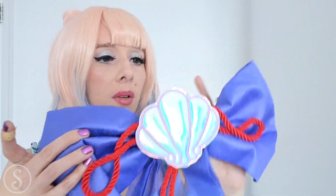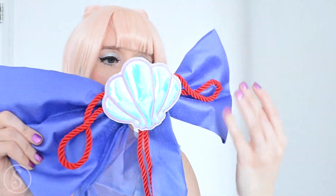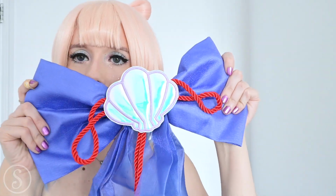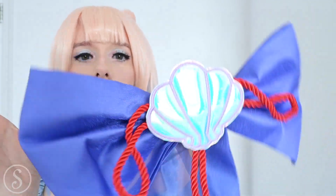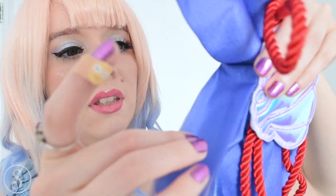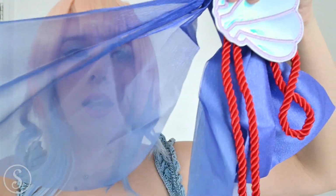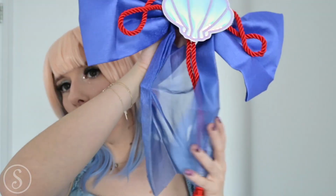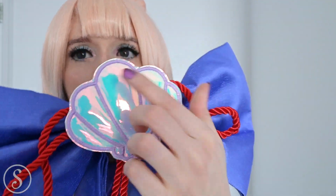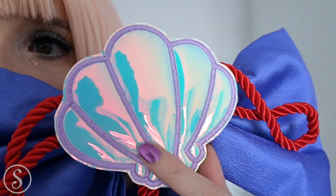Here's the back bow that she has on the top of her butt. This is what it looks like. It's the same material as the front bow, so it has a lot of interfacing. This was cut probably with a heating knife to keep it straight and to cut it sharply. This was all cut and there's not really a seam to finish it, but it's see-through and it's flowy. So for the bottom part, that's pretty cool. This is all sewn. You can see all of the...